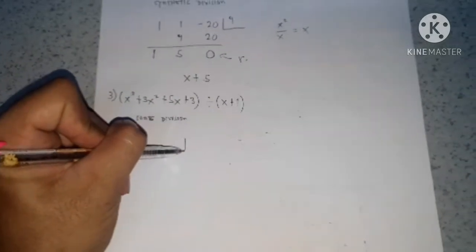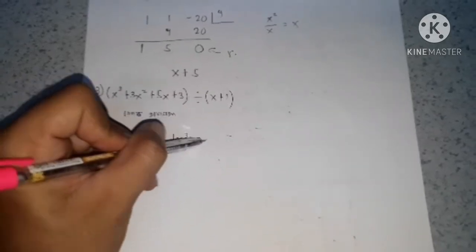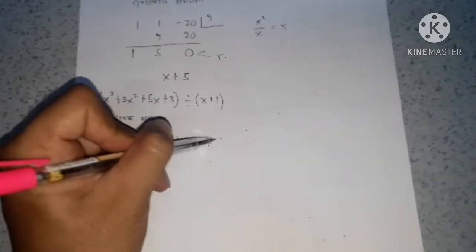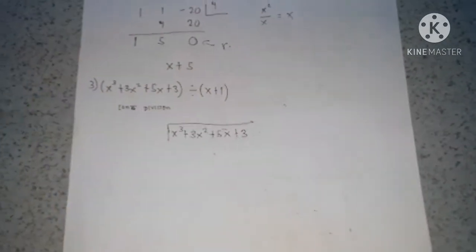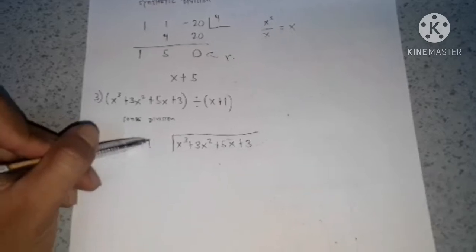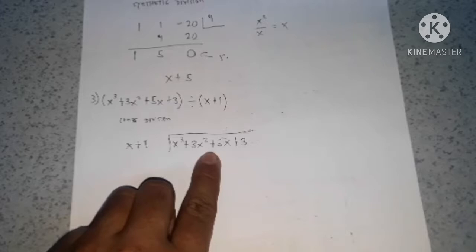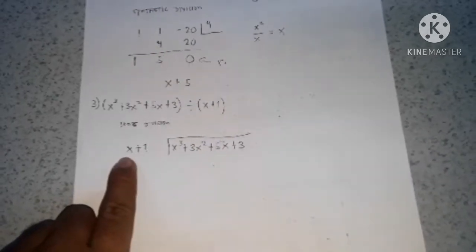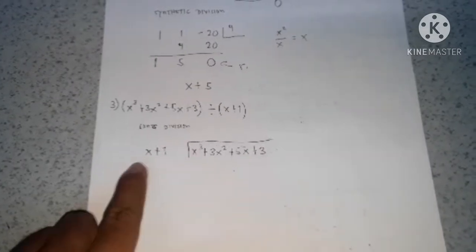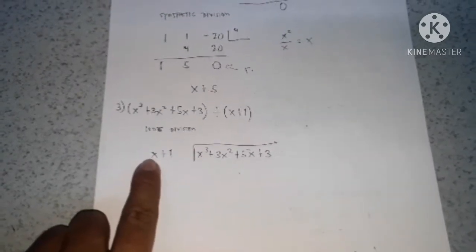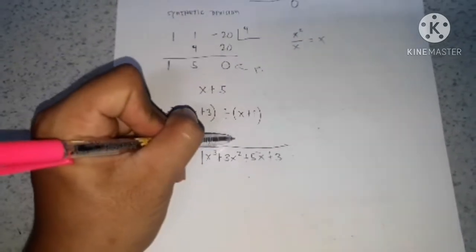Okay, so I have x cubed plus 3x squared plus 5x plus 3 divided by x plus 1. Ulitin ko, yung dividend ang laging inilalagay sa loob. And then, yung divisor sa labas. So, divide the first term of the dividend by the first term of the divisor to get the first term of the quotient. You have x cubed divided by x, that is x